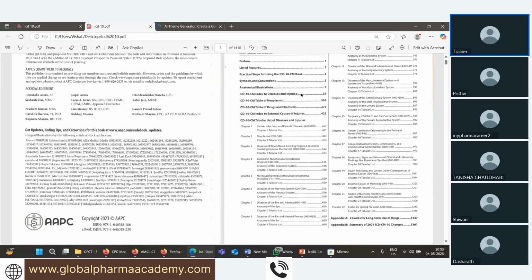Index, you will just guide you a simple introduction, but the tabular list will give you a brief introduction. That's why in chapter 1, you can see certain infectious or parasitic diseases. Also, see, they have given A00 to B99. So from A00 to B99, in all those code sets, you will find all the certain infections and parasites names